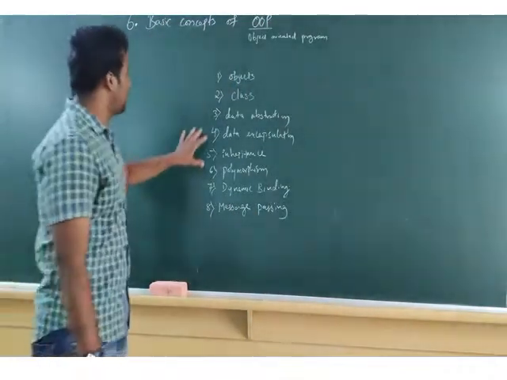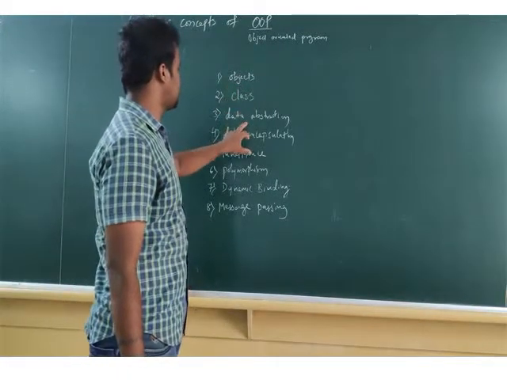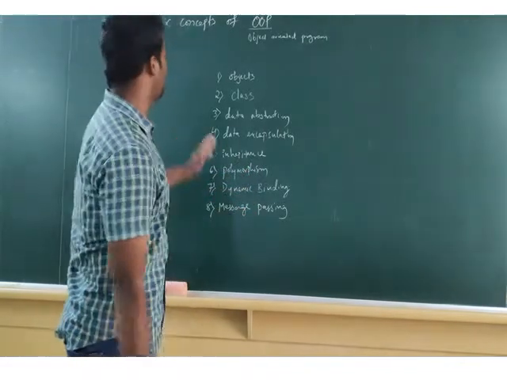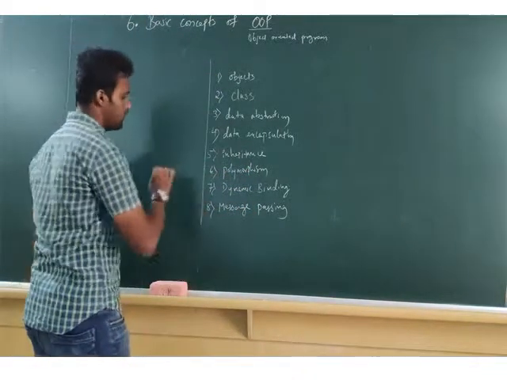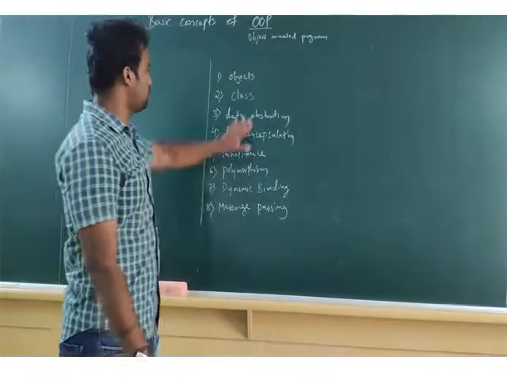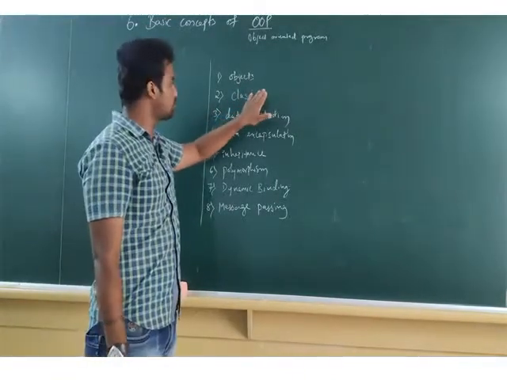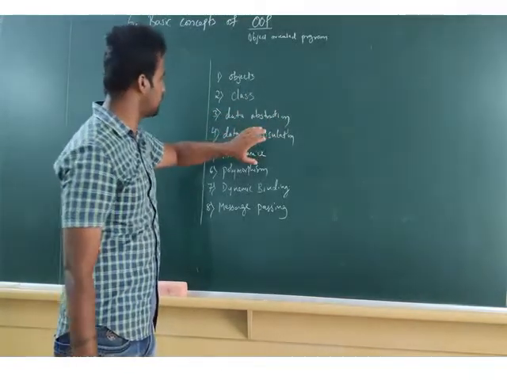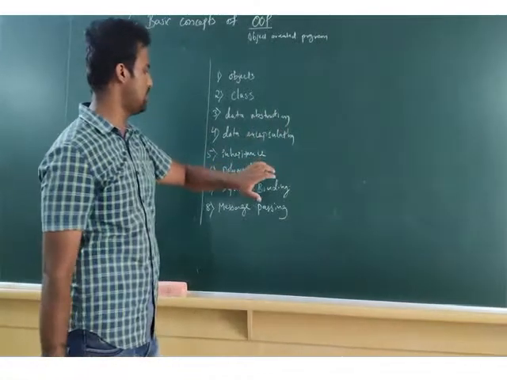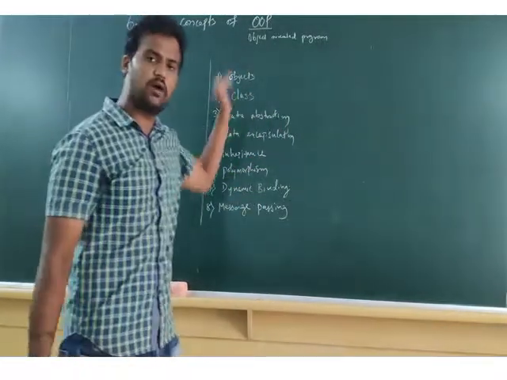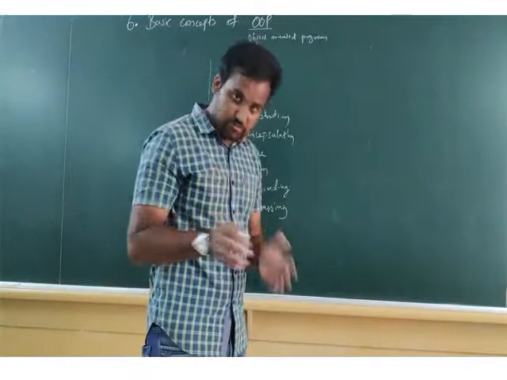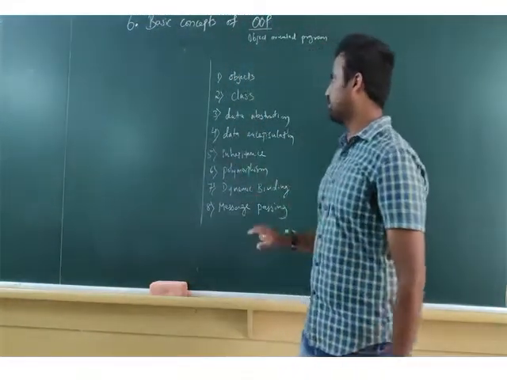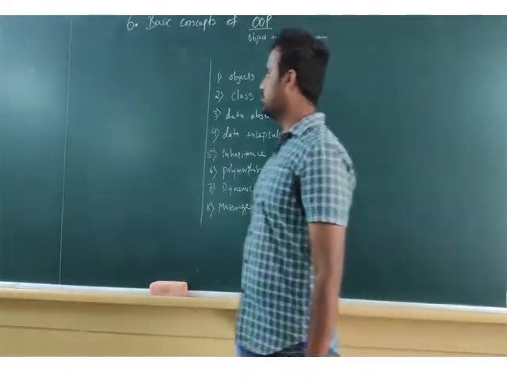Okay, again it came. Objects, class, data abstraction, data encapsulation, inheritance, polymorphism, dynamic binding, message passing. So this is the total book you are going to study this year. You are going to study about objects, class, data abstraction, data encapsulation, inheritance. So these are all the lessons you have on these topics. But now, what we do is we learn a little bit of theory about these points. Okay? So what is an object?